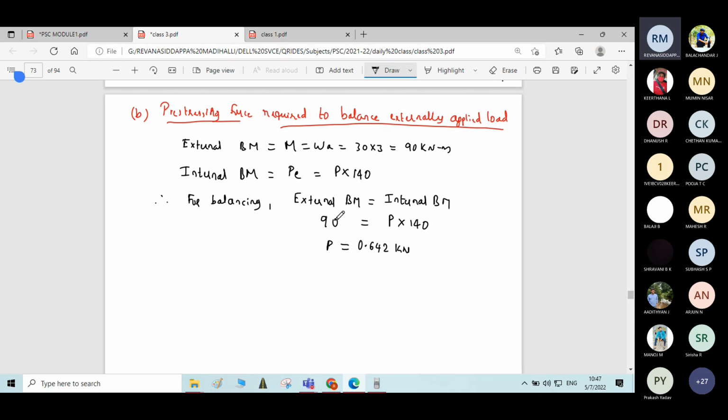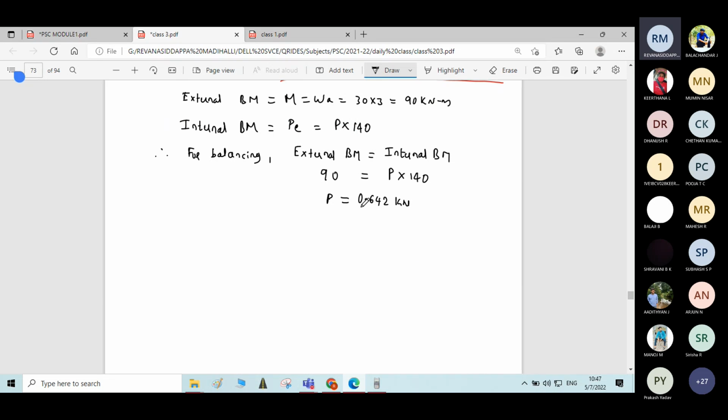Okay, 0.642 kilonewton. So in terms of Newton, P is equal to